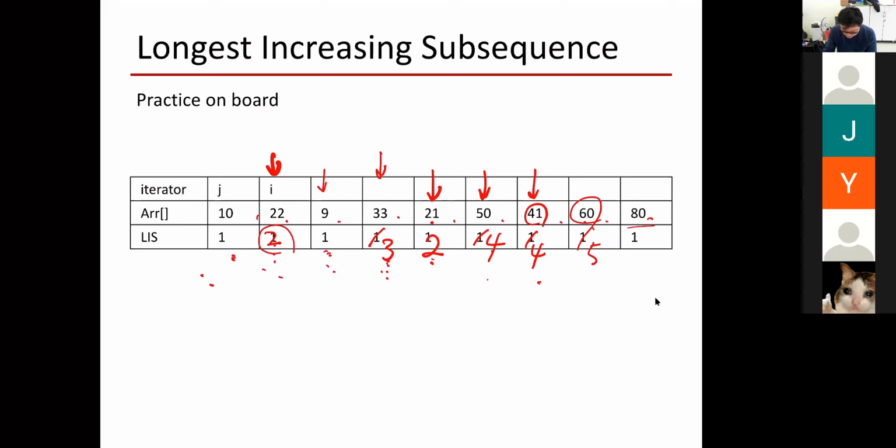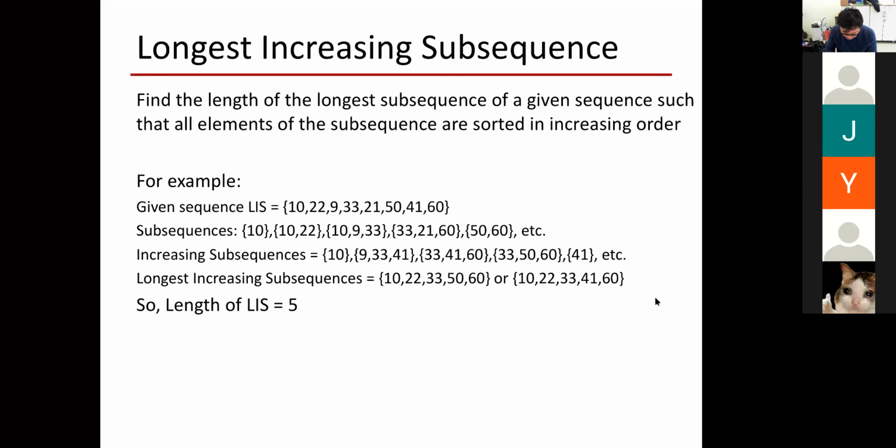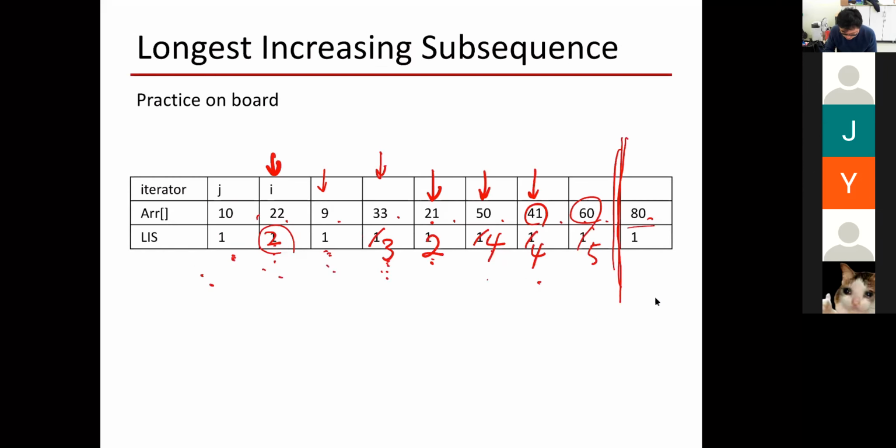So the result was like this. 80 was just added: 31, 50, 41, 60, right? 41, 60. Up to here was our previous input. By adding this one, 80, among the candidates who are smaller than me, I can extend, which is, what's the